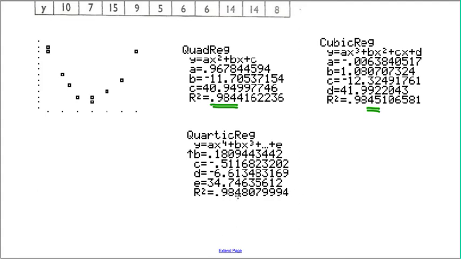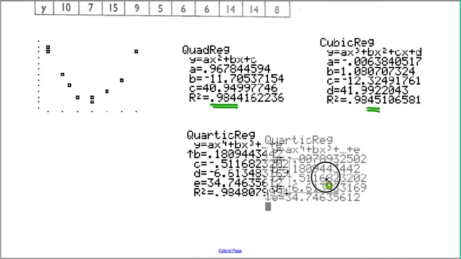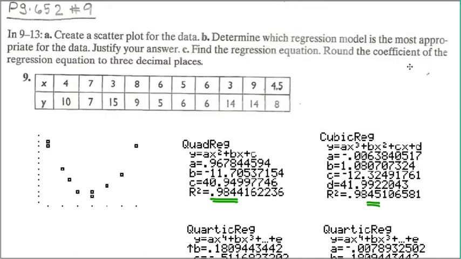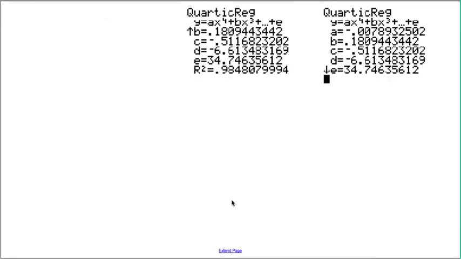Now, therefore, what is the equation of this quartic regression? Yeah, it's going to be somewhat tedious, but if you had to write up the equation, it would have been something like this. And then they want us to put it to the nearest 3 decimal places. All right. Then here we have y equals quartic, meaning what's the coefficient of x to the 4th power, right over here. So we have negative 0.008 a to the x to the 4th,